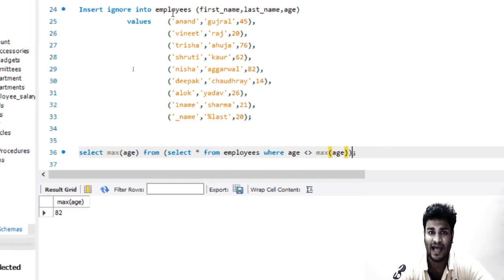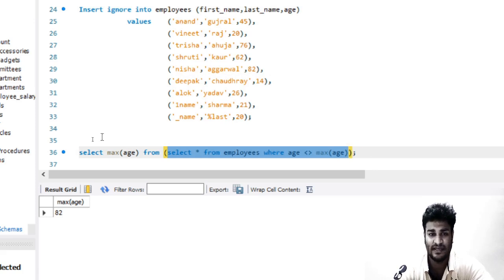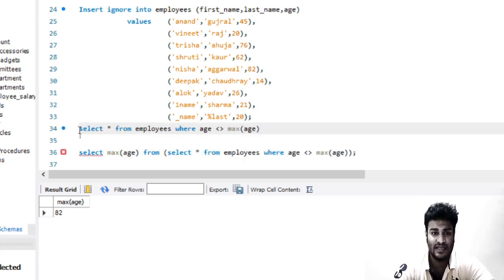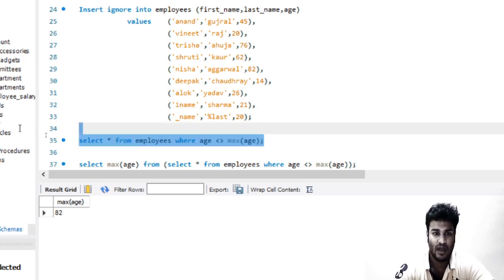What happens is that rather than taking this table, it will take another table which will not have this value. If I copy it and paste it above and see the values of this table, if I run it,